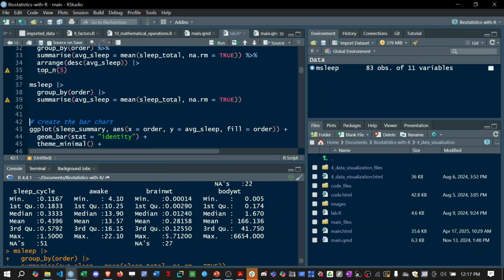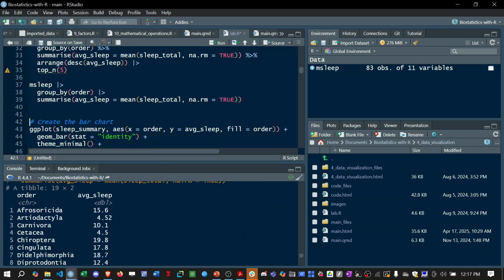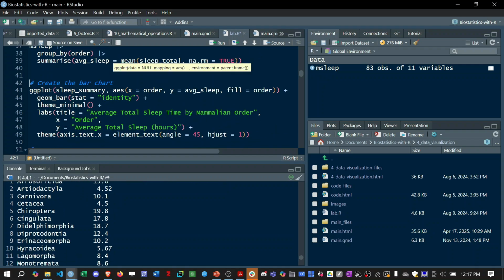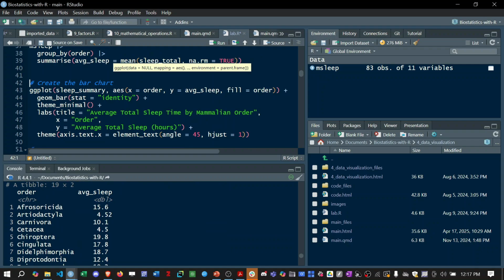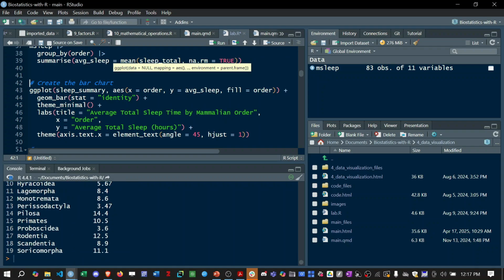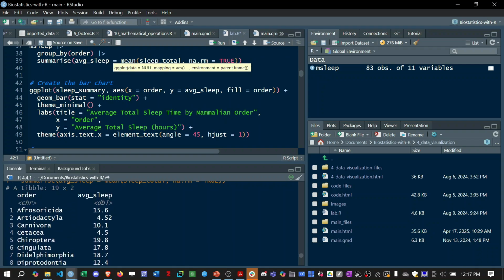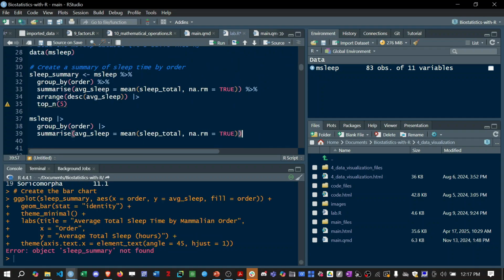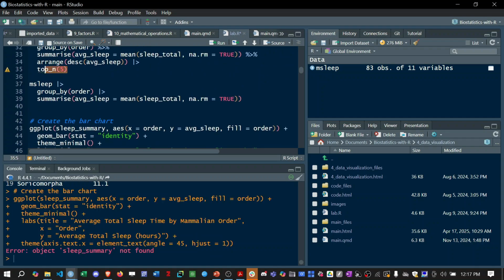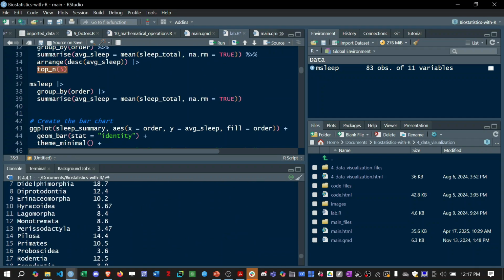Then I'm going to run this. So you can see I've created another table. This is the order and this is the average sleep for each order. Now I'm going to plot a bar plot to show me the top average sleep. Top 5 average sleep. So now this is it. And now I have top 5 here, which means that because you can see this much, I just want the